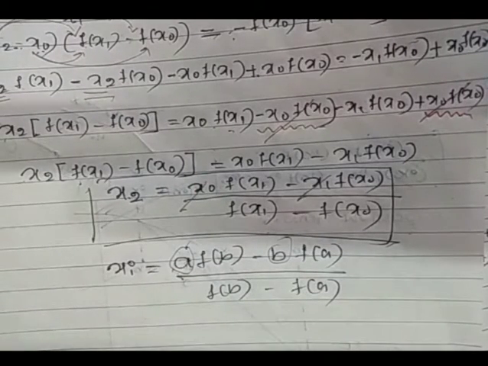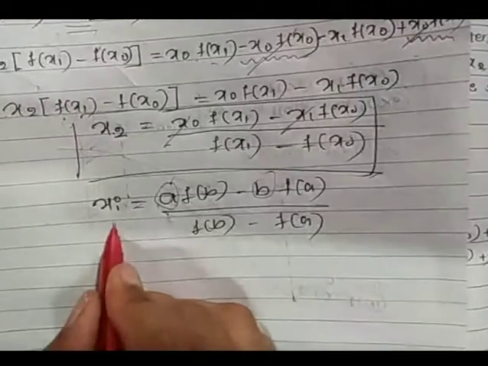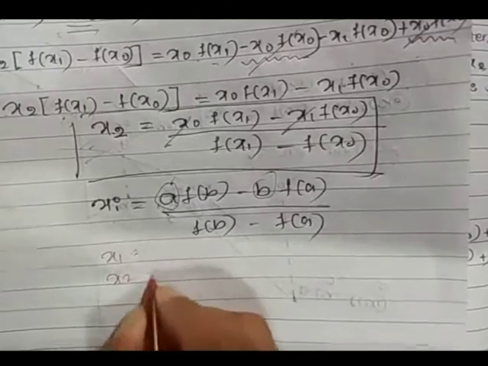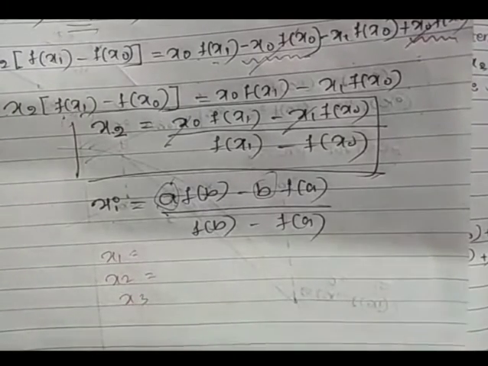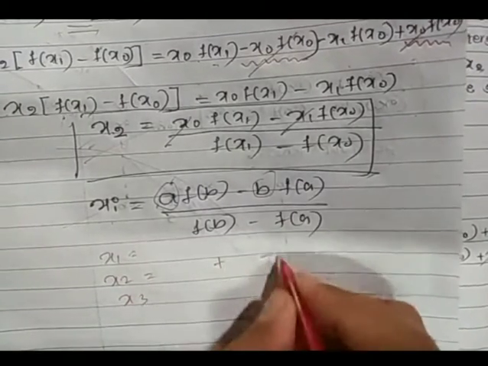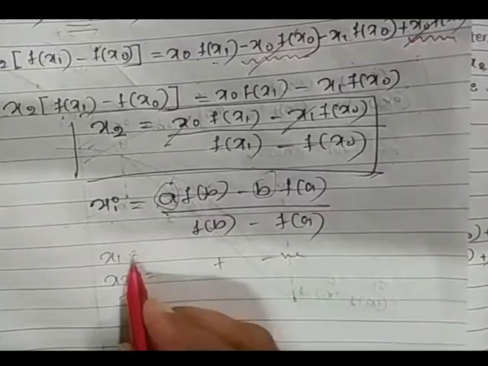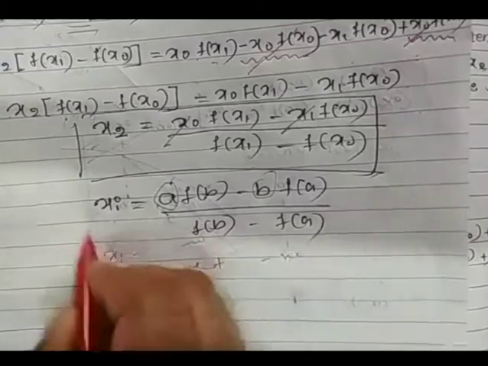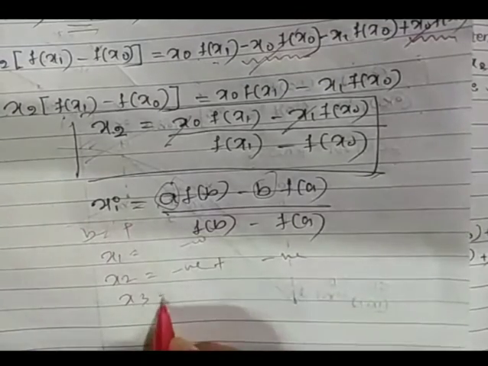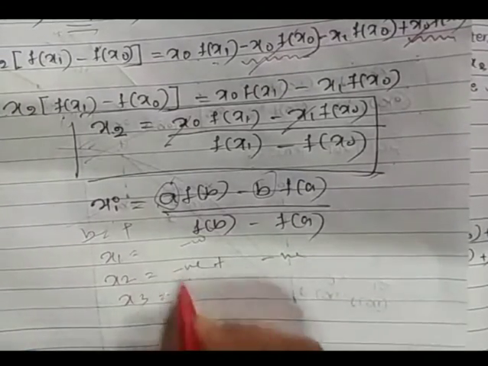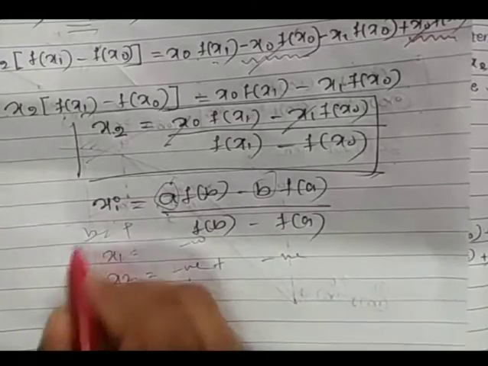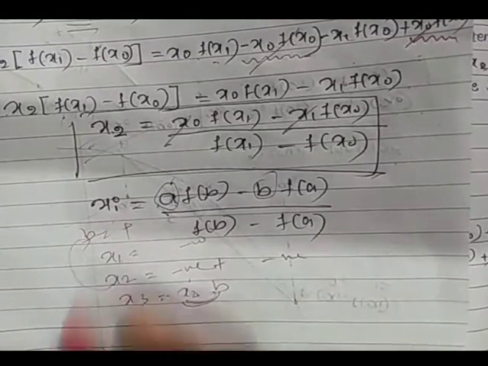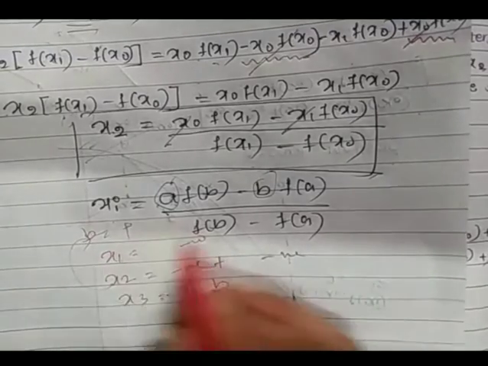Because the formula is similar. See, in the regular falsi method, we calculate x1, we calculate x2, we calculate x3 based on the plus minus concept. If x2 is negative, x1 is negative and b is positive, then to calculate x3, what do we consider? The previous x2 and the positive b. So the root lies between x2 and b. Like this we consider here.